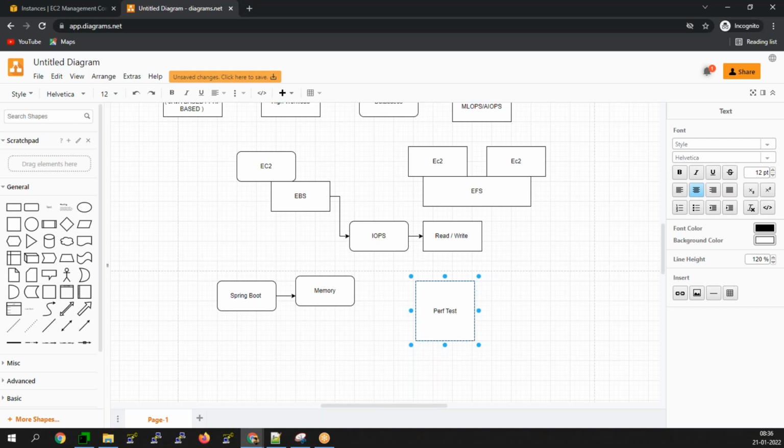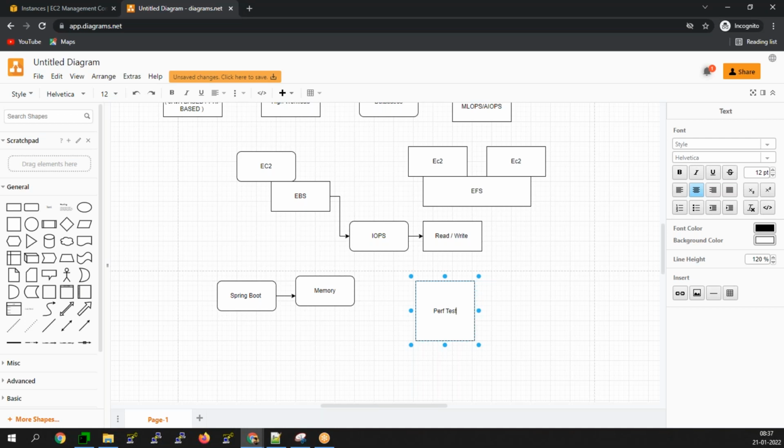Those identifications come through the performance environment. We call this the perf environment in real time. In order to know whether your application is CPU or memory hungry, or for 100 requests how much CPU and how much memory is required, those are identified in the performance environment